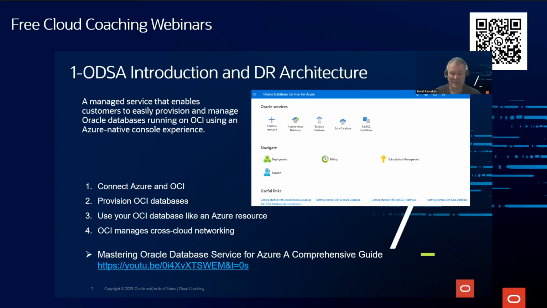You log on as an Azure user, completely integrated, as we said, and then you can actually provision a database as if it's running on Azure, but it actually runs on OCI. So the service itself takes care of all of the networking that is required for that. There was a lot that goes on under the water there. So within the service itself, all of the networking is set up,